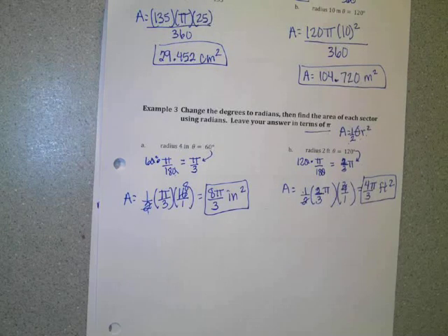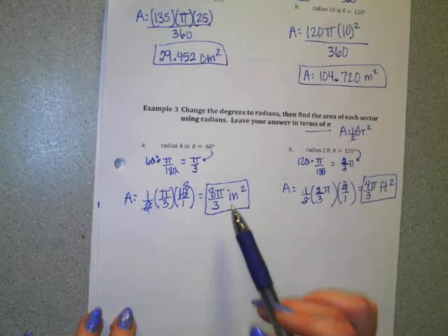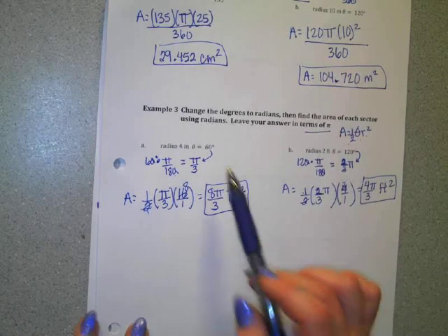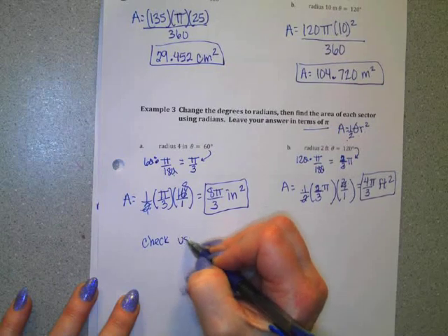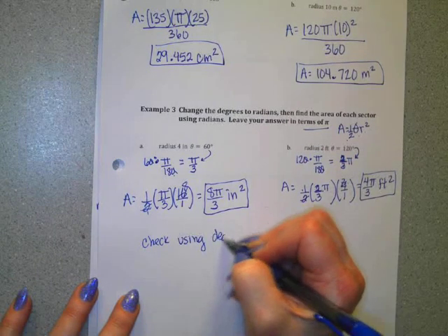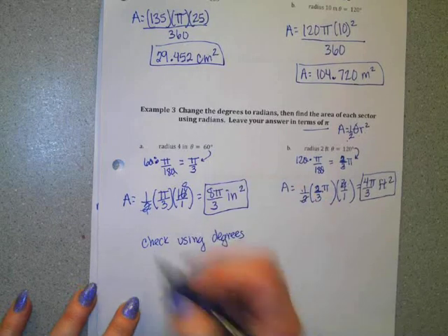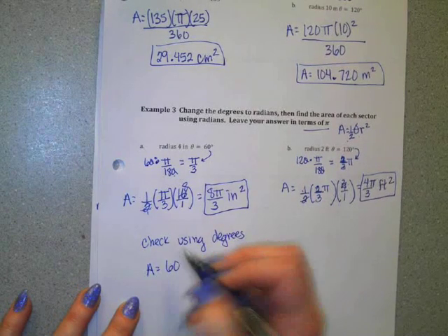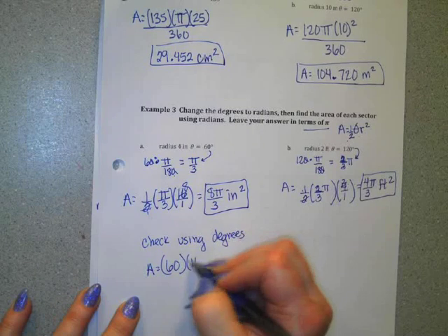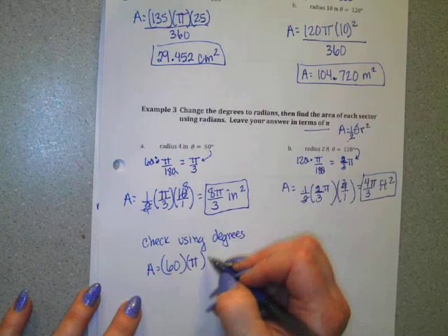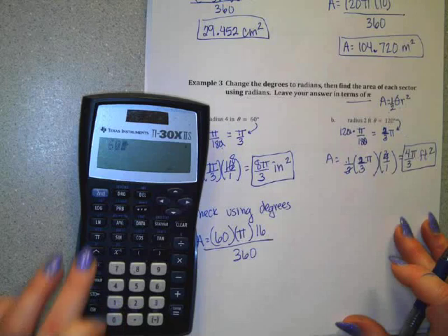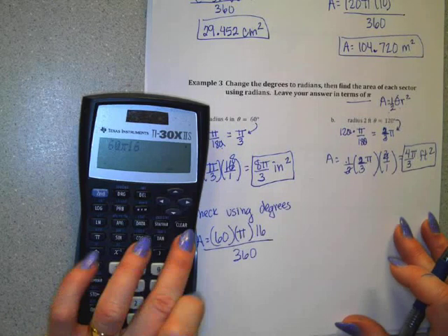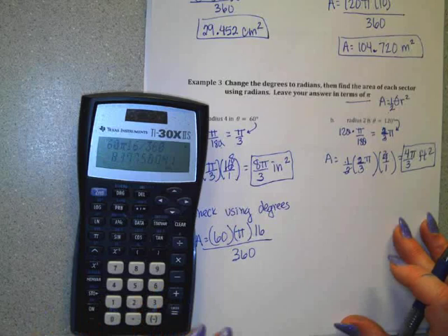Now, one last thing, you could always check your answer to see if your exact answer would be the same as your approximate. And I'm just going to do this really quickly. I could check using degrees. So I've got 60 degrees, so I can say area equals 60 times pi times my radius squared, which was 16, all over 360, right? So I could take my calculator and do 60 pi 16 divided by 360, and that would give me